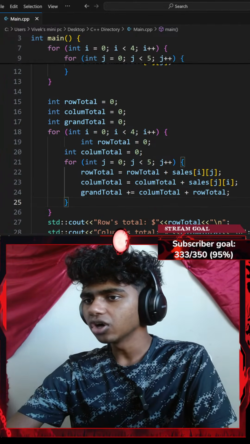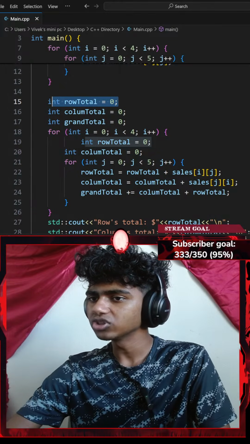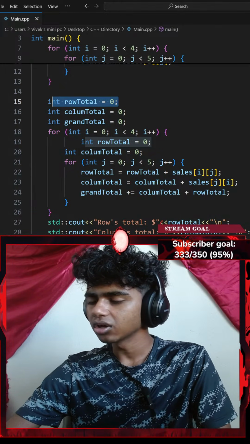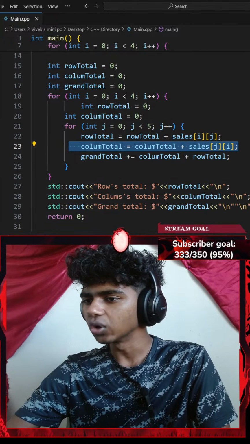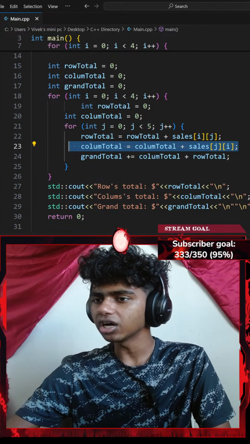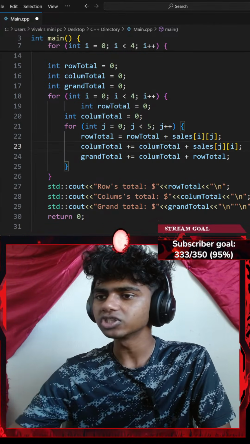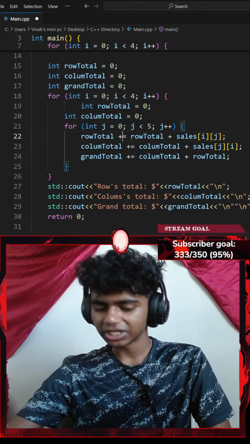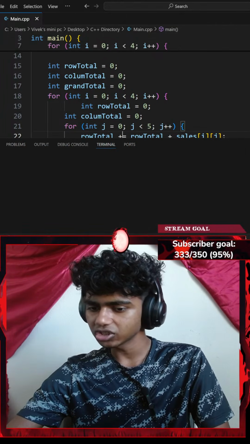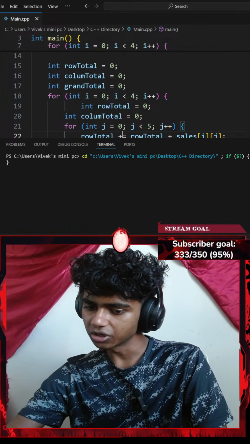Okay, so why are my row total and column total equal to 0? Didn't I update them? Oh, okay, let's go with plus equals to. Augmented assignment operator. Now if I hit Control S to save the code,